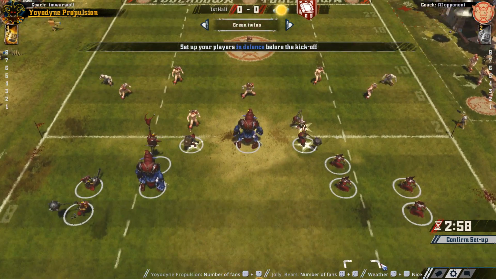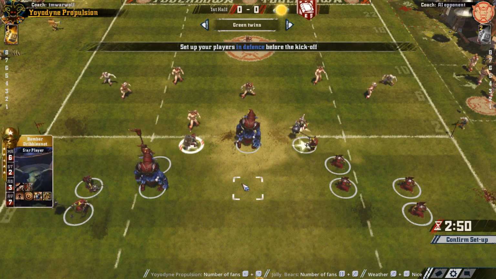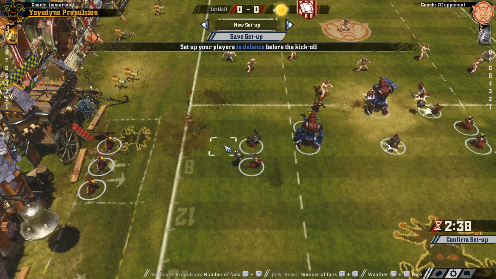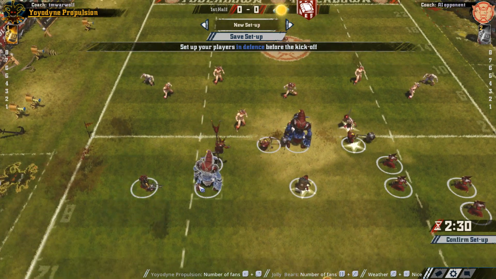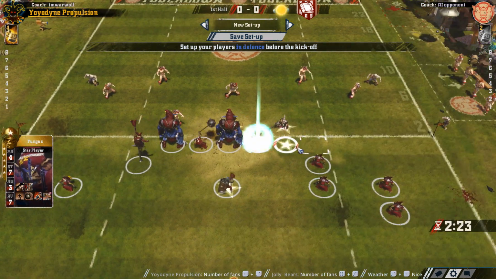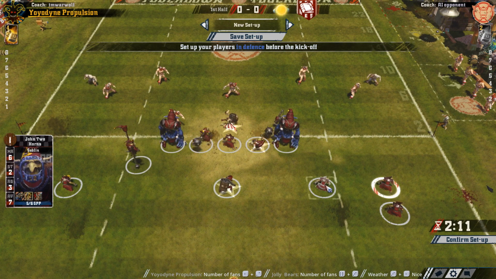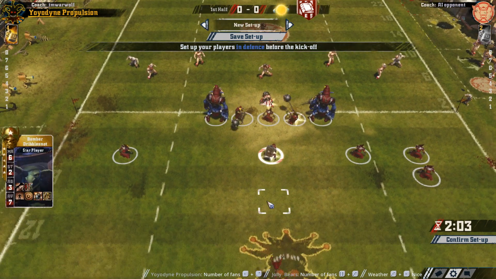Okay, we are in defense, which is ideal. I got a really interesting choice to make here. Because I have 3 bribes and I am on defense, I think I'm going to put both my ball and chains in my first 11. My goal here is to hammer the Norse in the hopes of injuring their players, since they only have...